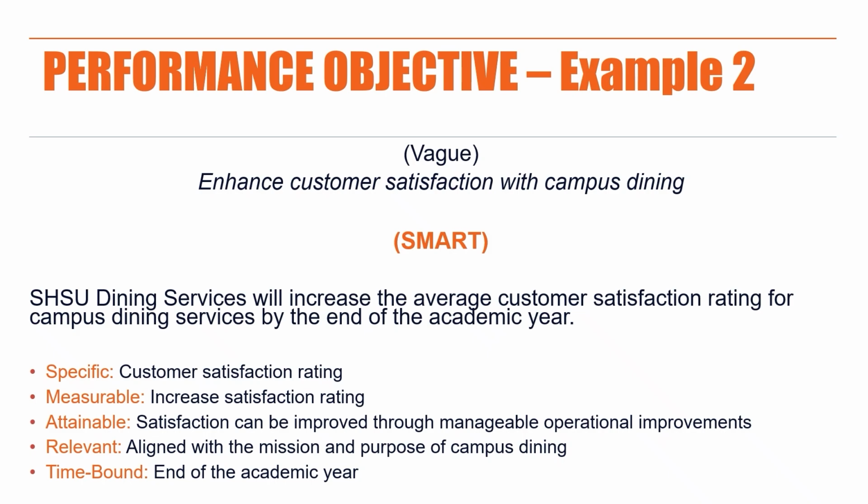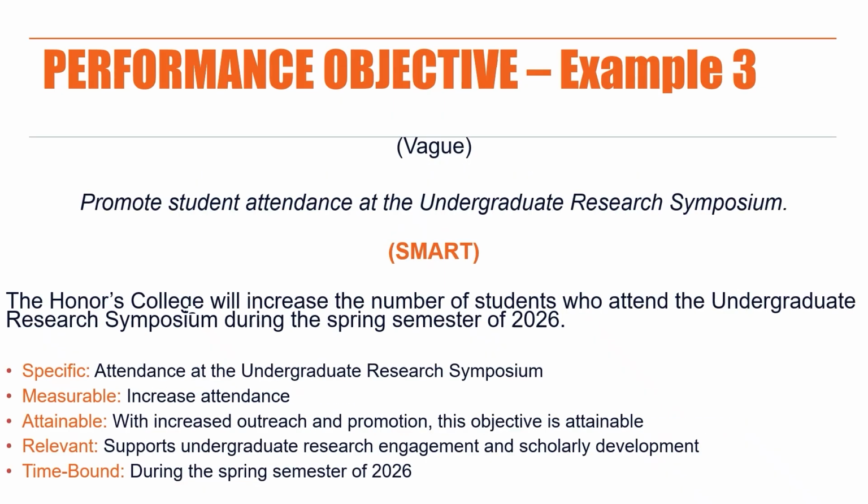And finally, it is time-bound because it specifies that the outcome should be achieved by the end of the academic year. Together, these elements make the objective clear, measurable, and accessible. The third example focuses on student engagement. The vague objective, promote student attendance at the Undergraduate Research Symposium, suggests an intention, but does not define a measurable